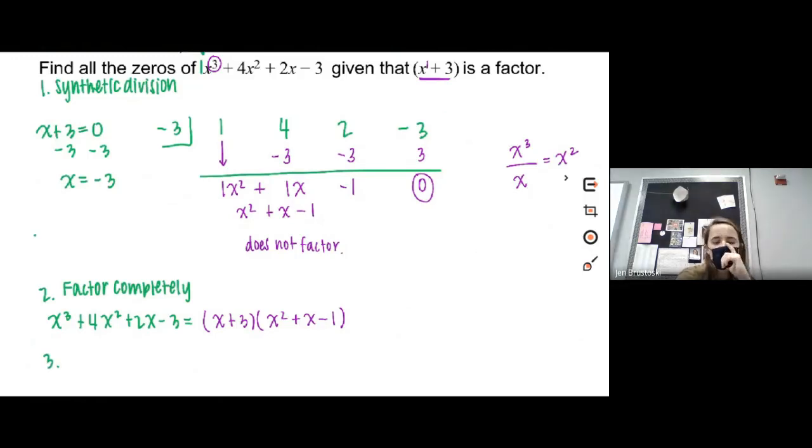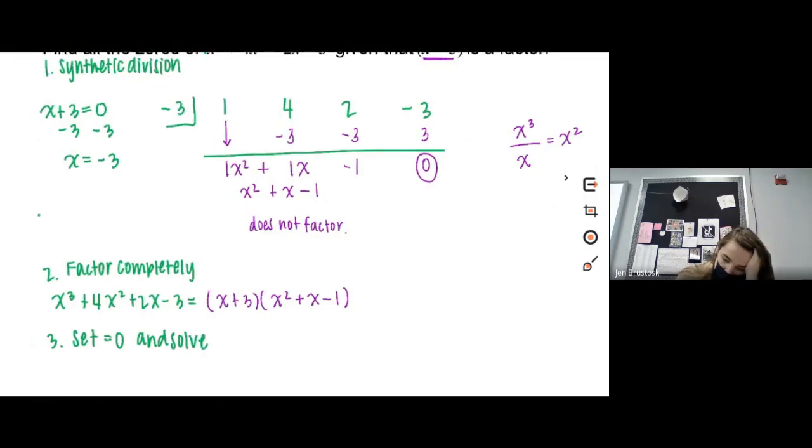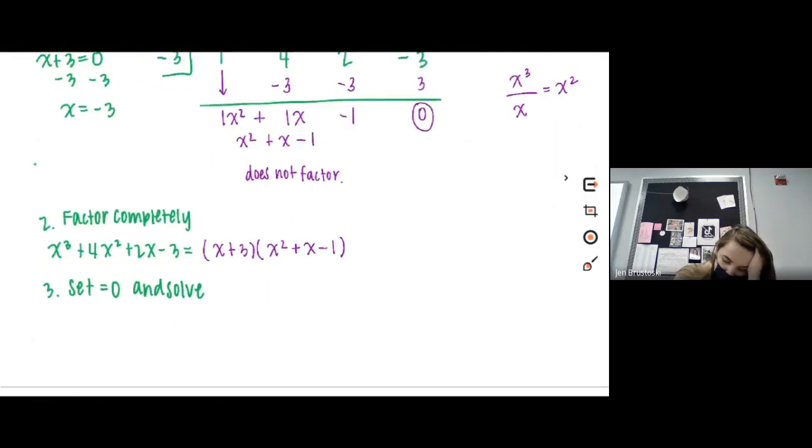All right, and if we're finding all the zeros, we want to set equal to 0 and solve. So we'll set x plus 3 equal to 0 and x squared plus x minus 1 equal to 0. This we get x equals -3. And this one, we'll just leave it